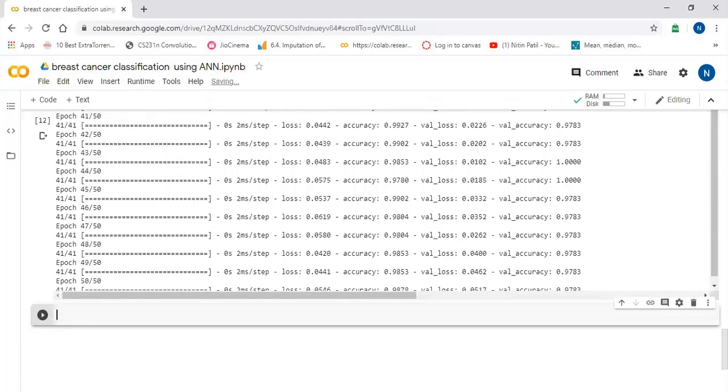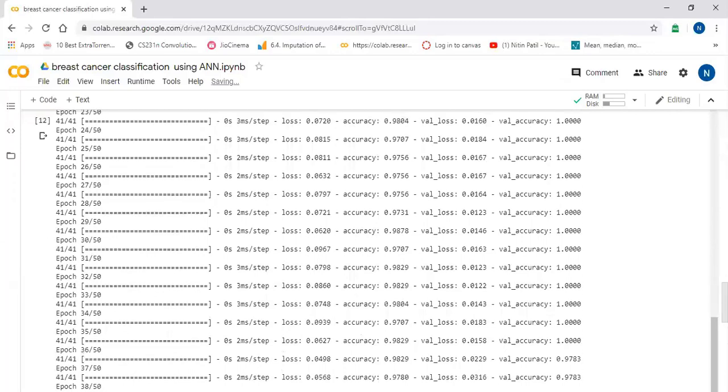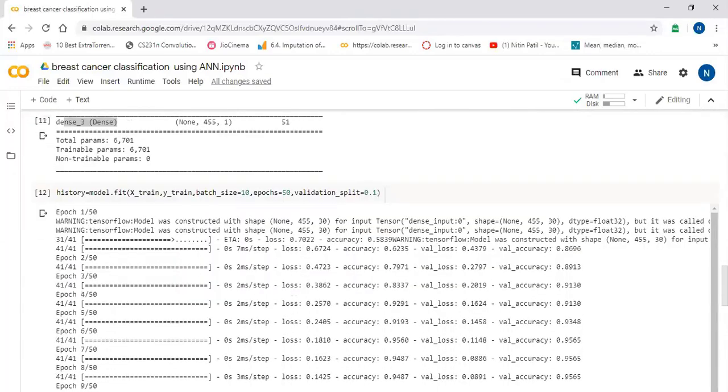Okay, so our training has been completed with the 50 epochs. So here you can see in the output, just a minute, let me scroll up. Okay, so first of all, our loss was 0.6724.